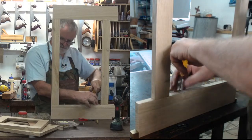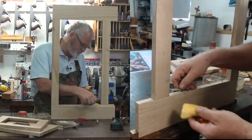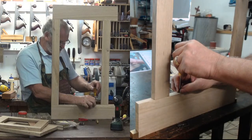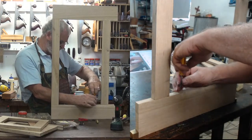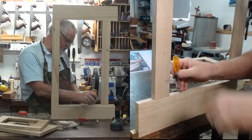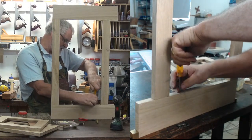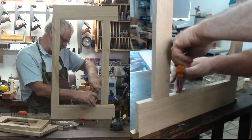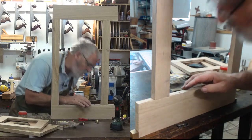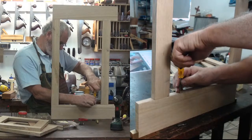I don't know if I put soap on that one. These very fine screws, the soap really does help, because it can spin the top of the screw off quite easily with a bit of pressure. And also use a very small screwdriver, because you can't exert that much pressure. If you've got a really long one with a big handle, your mechanical advantage is so great, you can really make a mess